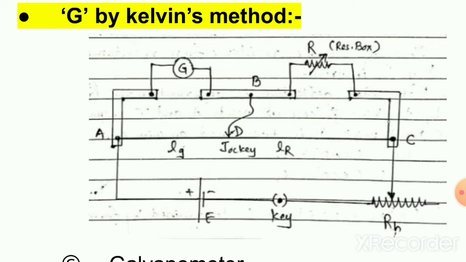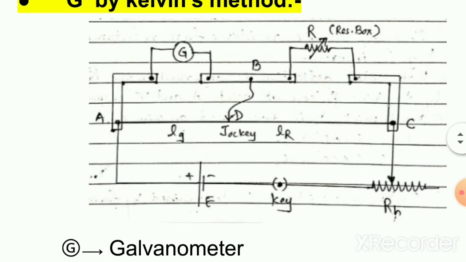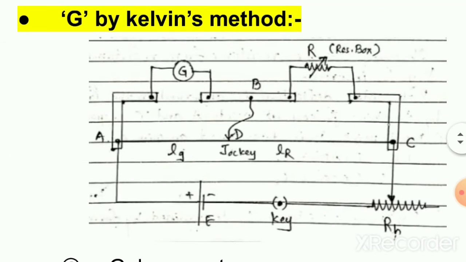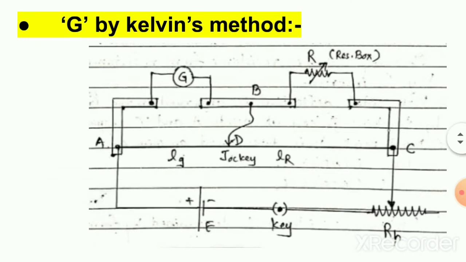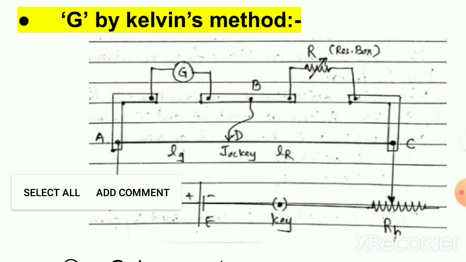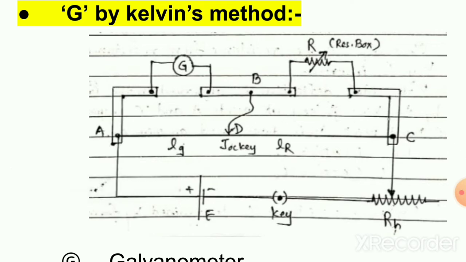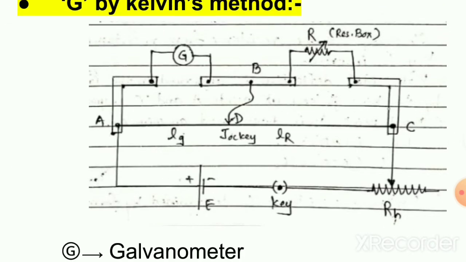Once you adjust that, thereafter you touch your jockey, once at point A, once at point C, and you will find that you get both sided deflection relative to the previously fixed deflection. It means, supposing my galvanometer's deflection was adjusted to 15 divisions earlier, then once I touch it at point A, my deflection would be to the left of 15. When you touch it at point C, it will be to the right of 15. So that's how we are going to have this.